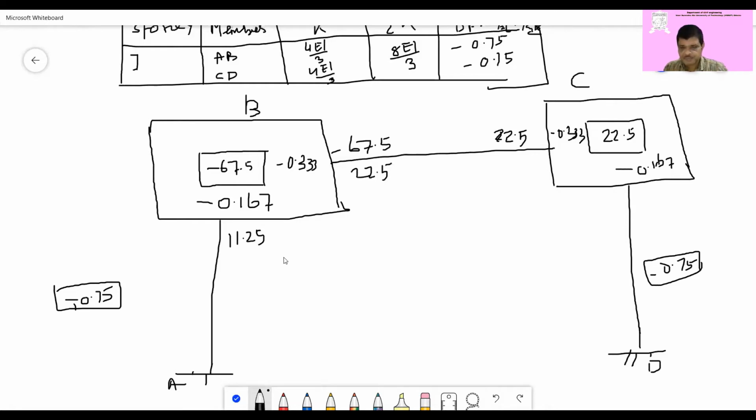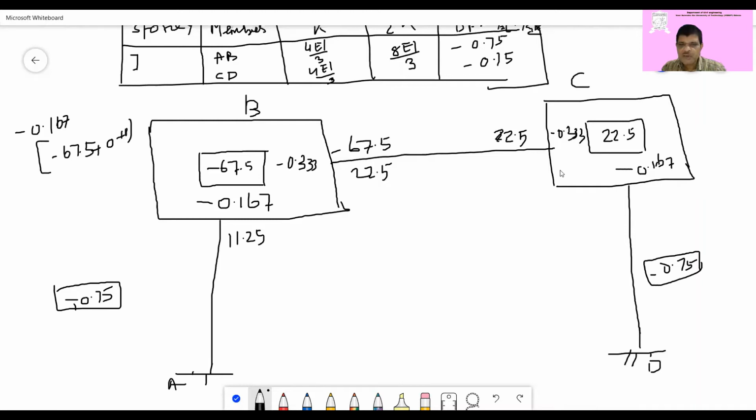How will this value come? This value comes from the fixed end moment first multiplied by minus 0.167, the rotation factor. In the bracket, the fixed end moment minus 67.5 plus the contribution from the far end. This end 0, this end 0. So this will be 0 plus 0. Okay. So multiplying, we find 11.25. This value is multiplied with 0.33, which is double, because this is the double of this, so 11.25 becomes 22.5.